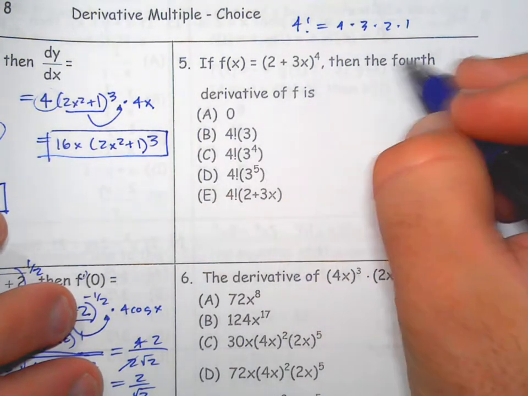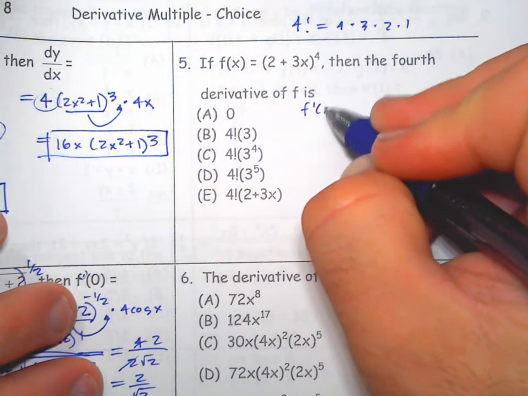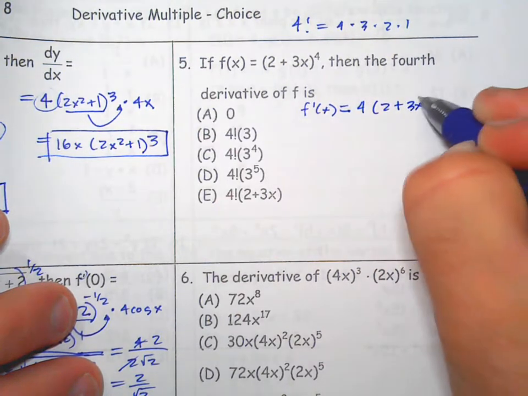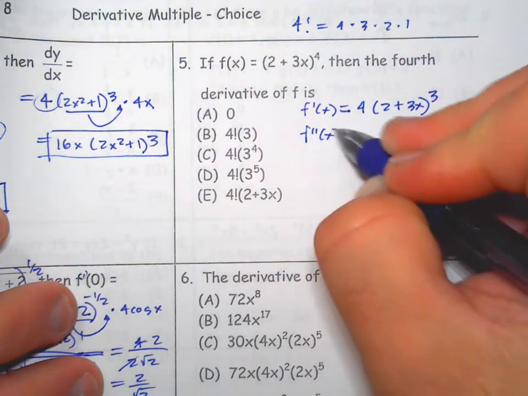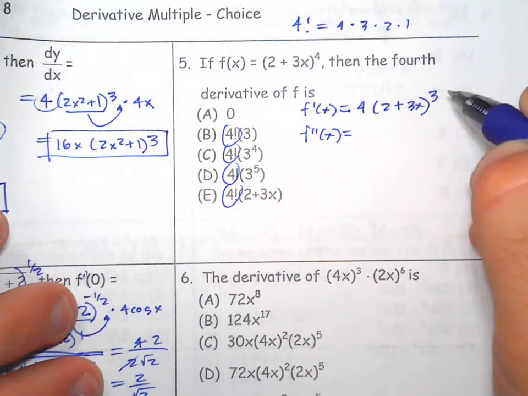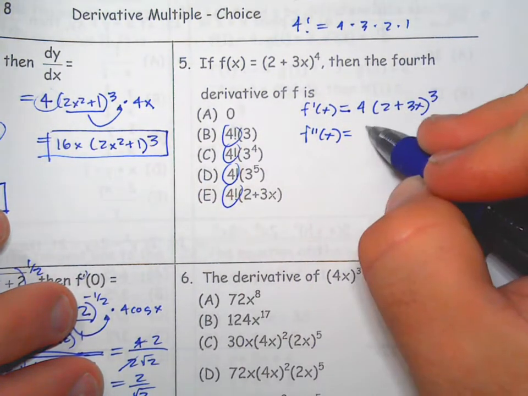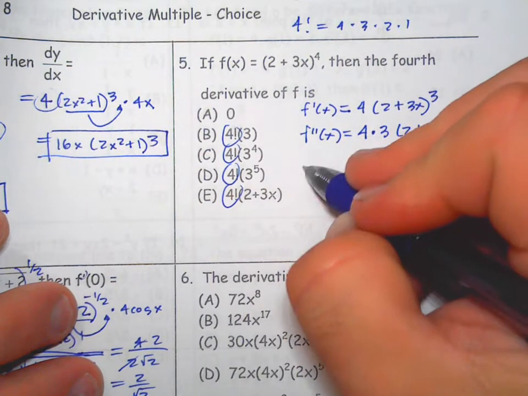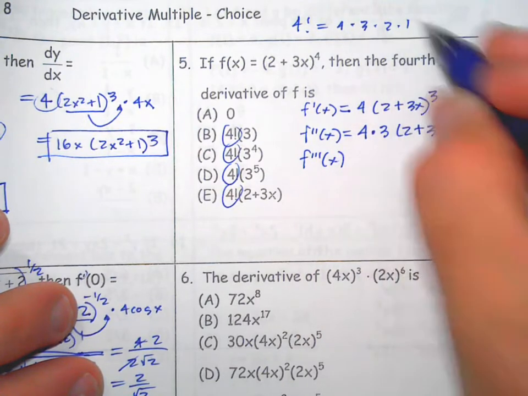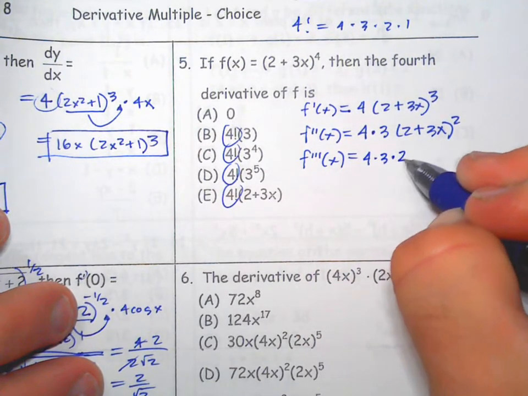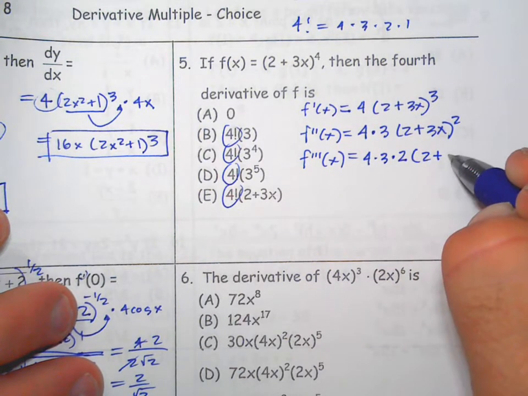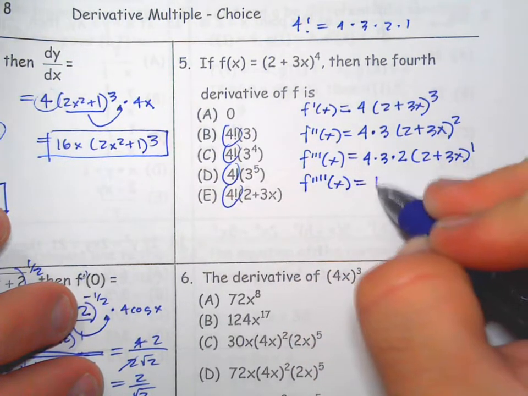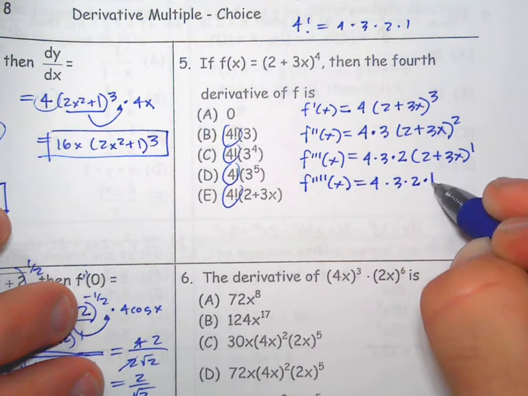So fourth derivative. So the first derivative is, now we might find a pattern here, or we might just go ahead and keep finding it. It's 4, 2 plus 3x to the third power. The second derivative is, now look at all these answers that have 4 factorial in front. So we're probably going to get a 4 times 3 times 2 times 1. So in the next step, when I get 4 times 3, where I would usually go ahead and make that a 12, I'm not going to. I'm going to keep it like that, because I'm looking for 4 times 3 times 2 times 1. The next one, get another 2. Again, I would usually make that 24, but because I've looked at the answers ahead of time, I know what I'm trying to do. So this is going to be 4 times 3 times 2 times 1 times 2 plus,